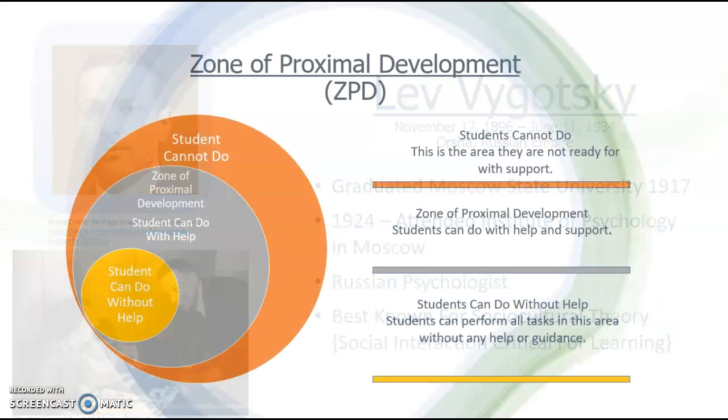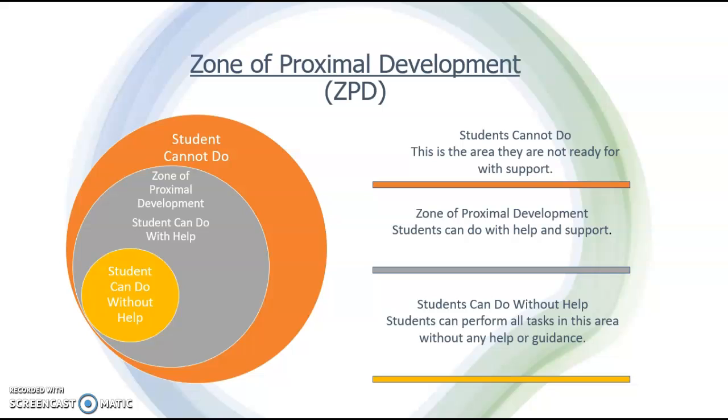One of the things he talked about was the zone of proximal development. This is the distance, also known as the ZPD, between what a child can do on their own and what they cannot do on their own. This is the area that children can problem solve in with guidance. You can think of it as the Goldilocks zone. The classwork is challenging but not too difficult, and it's not so easy that the students get bored. It's just right. So you can see down in the yellow circle, this is what students can do without help, the really easy work. The orange area is what students cannot do even with some help. So what we're looking for is this area right here that's just right, the ZPD.